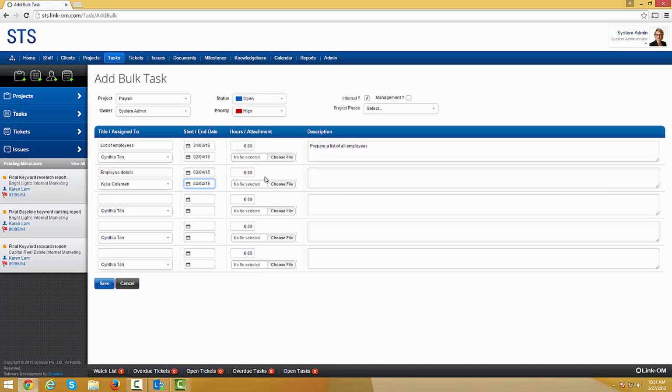I don't want to allocate hours or choose a file, therefore I skip to the description. Get the details of all employees.